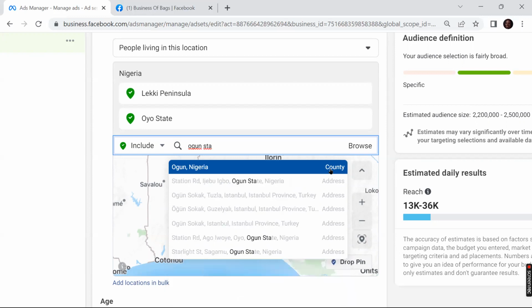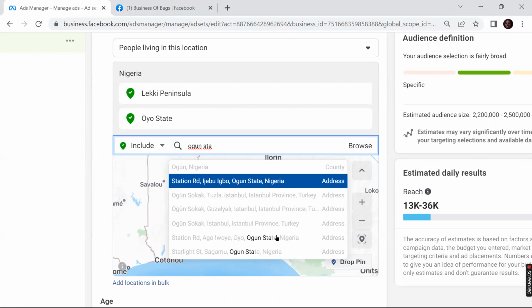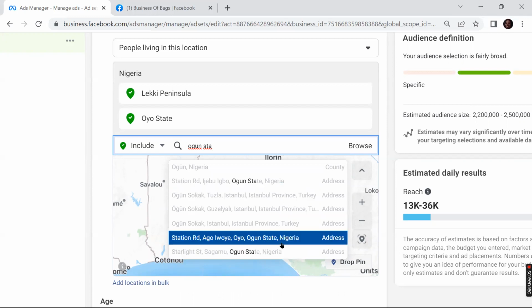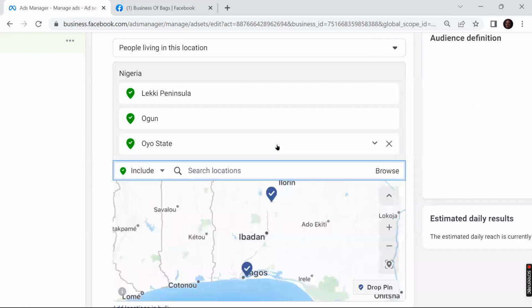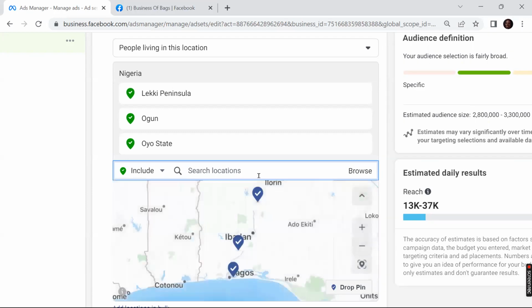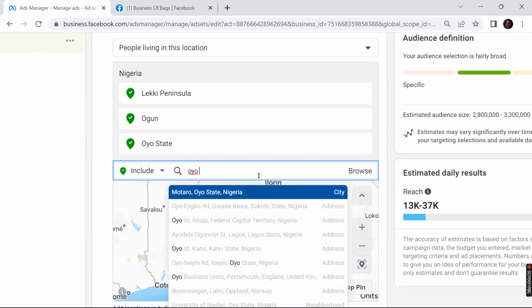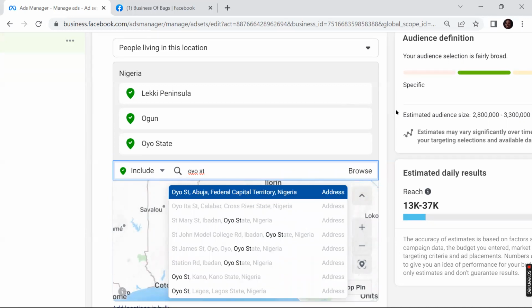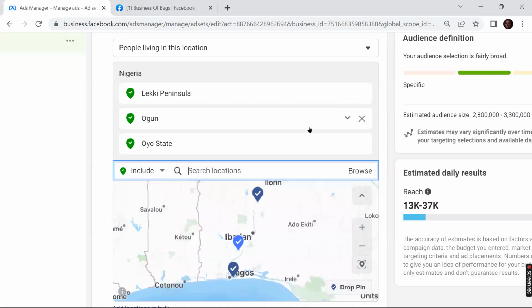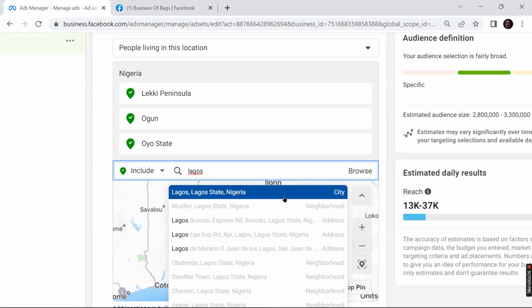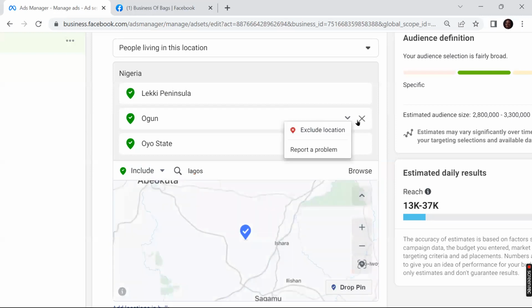Ogun State. So this is okay. Ogun State, Nigeria. Oyo brought out states, didn't it? Oyo State. Okay, I'd already chosen it before, so it's not bringing it out. Let me use Lagos because I'm seeing Ogun as a country. So it's supposed to be a state, not a country. So if you are touching Ogun now, it is stated that it is a country